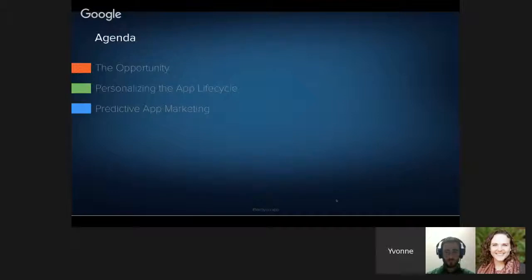We'll go through a couple of examples, do's and don'ts. And then lastly, we're going to conclude with Predictive App Marketing, which is a recent development that we've been working on for the last couple of months, and it's where we see the future of app marketing going. And so we will talk to you about the results of predictive app marketing so far and some of the exciting things that we've seen there.